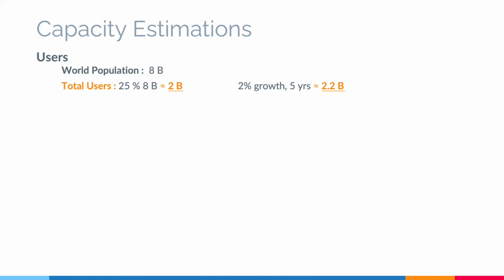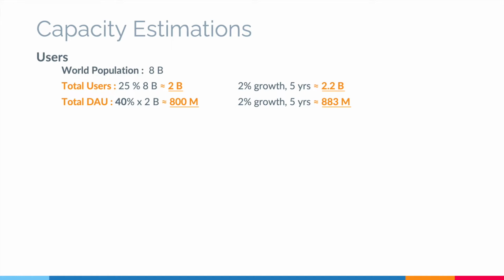Every year the app will acquire more users. Let's assume that user base grows with 2% and that we want to handle this scale for next 5 years. Although these are the total users, the users that come back to our app daily are usually very less. So let's assume around 40% of the total users come back. The number is relatively high because YouTube serves a lot of purposes like education, music, gaming, game streaming, and a lot more. For next 5 years with 2% annual growth, we could need to scale the app for 883 million